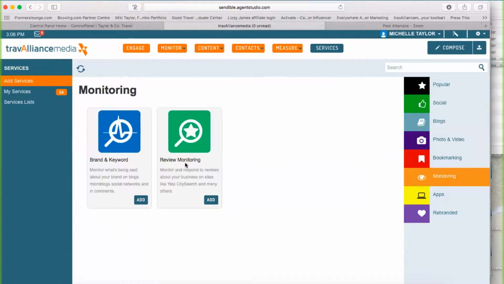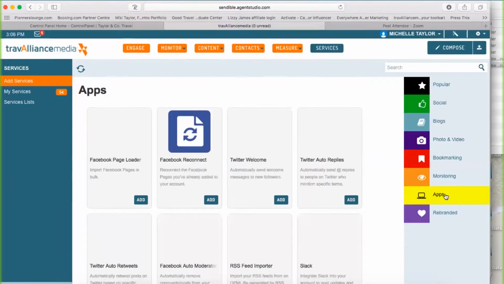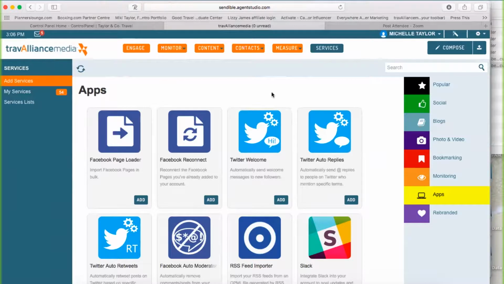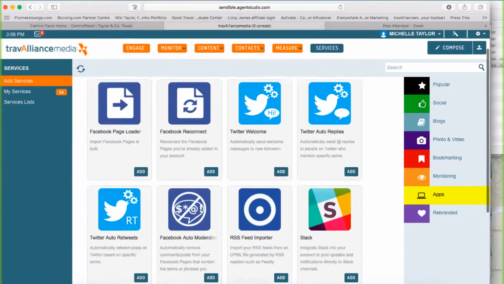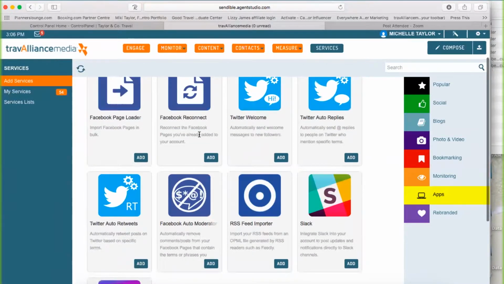Monitoring allows you to add, if you have any accounts with brand and keyword or review monitoring, you can add those. It also gives you a wealth of apps: Facebook Page Loader, Facebook Reconnect, Twitter Welcome, Twitter Auto Replies, Twitter Auto Retweets. If any of you are familiar with Twitter and have set up any of these automated features on Twitter, you